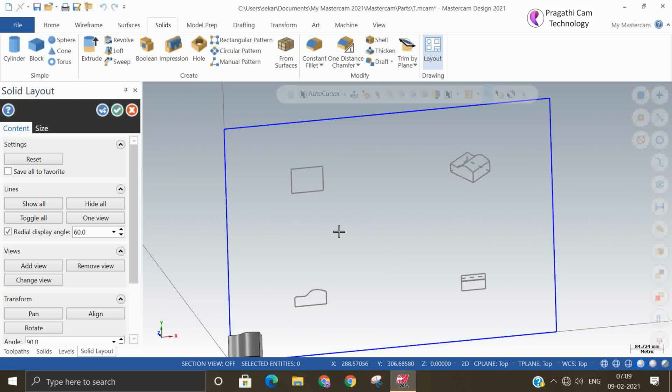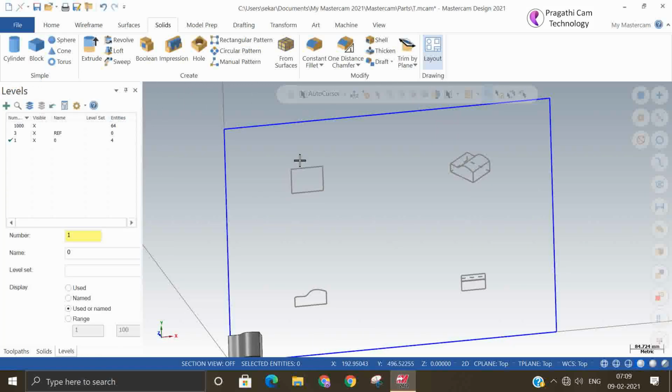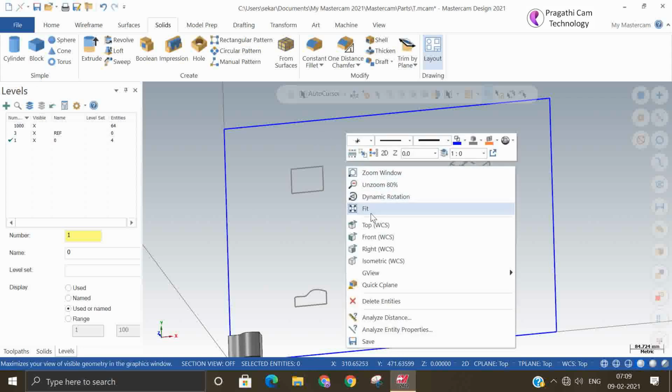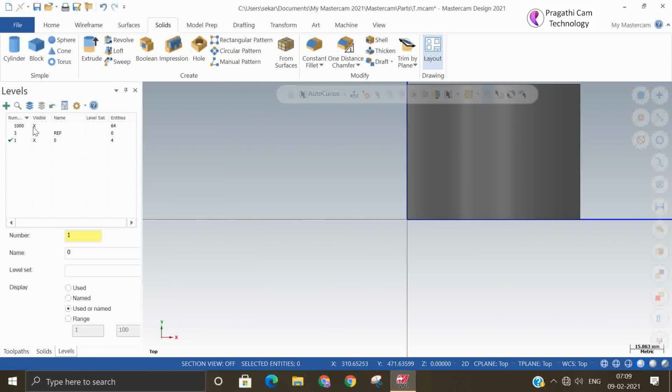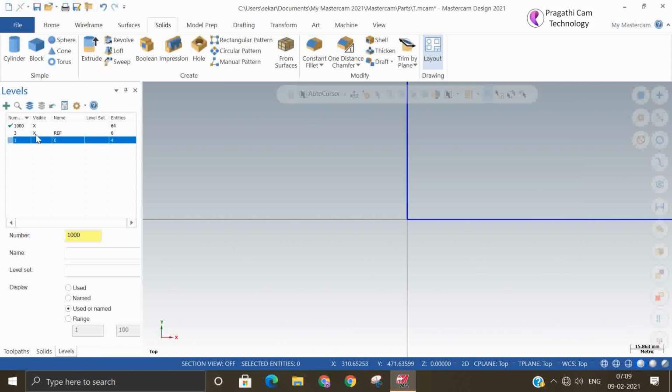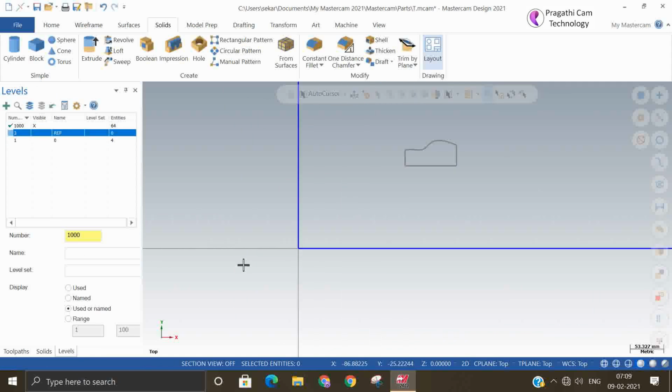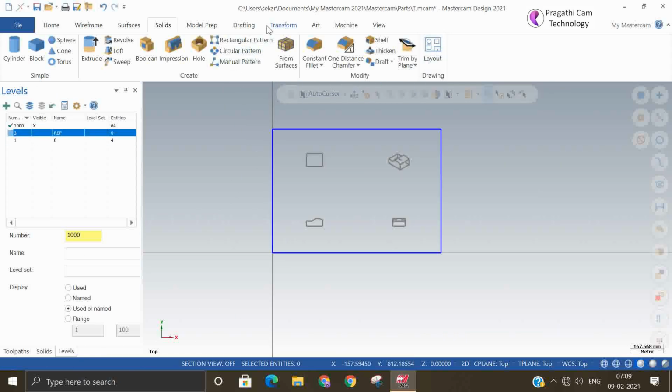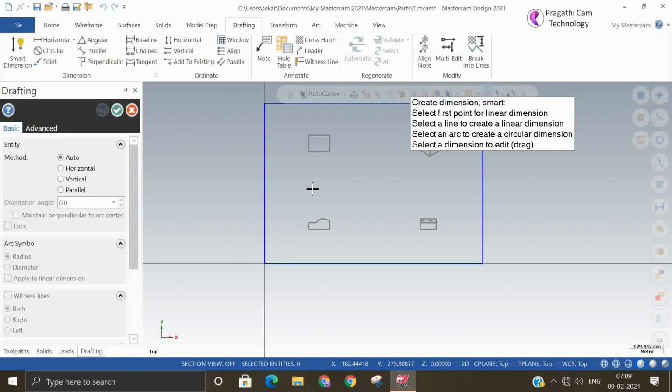So like this you can make a sheet. Next you can go to top view. Naturally it saves on a different level. Now we can add all the dimensions.